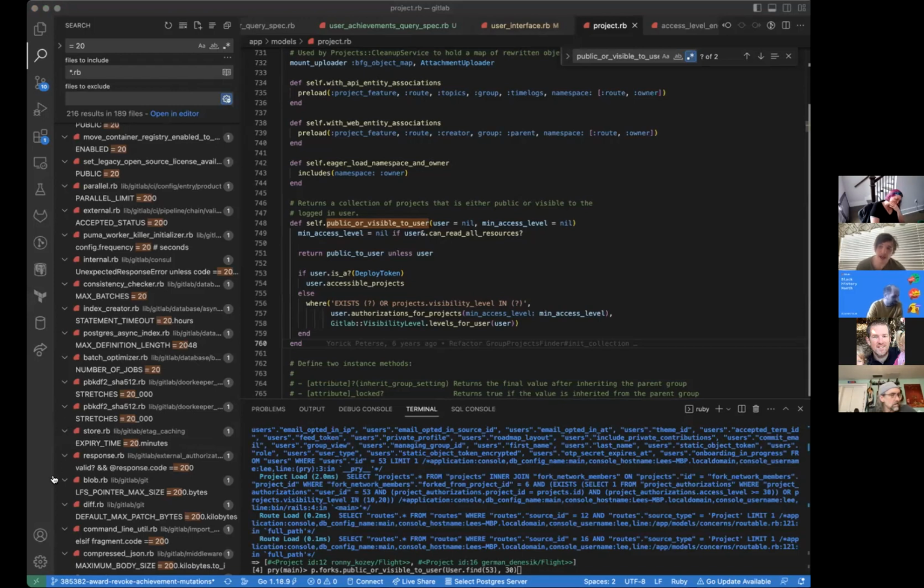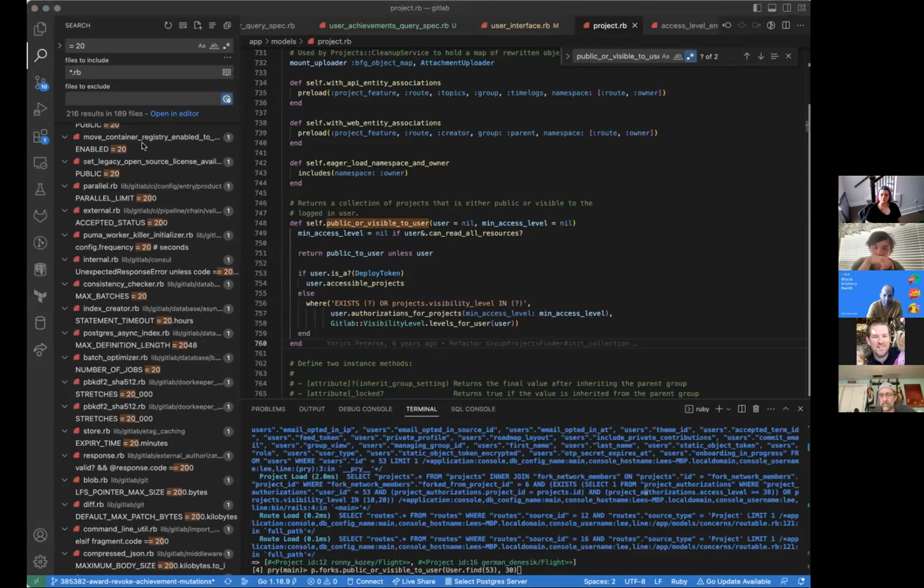I'm surprised that super admins are considered. I guess this authorizations for projects makes sense. Maybe, I don't know. That's not how I would expect this method to behave, but I guess it's helpful depending on how you're looking at it. I don't think they are an admin. Groups and projects. Yeah, the only project they've got access to is the Andrea